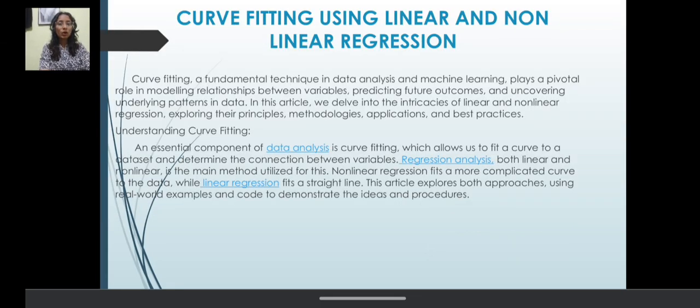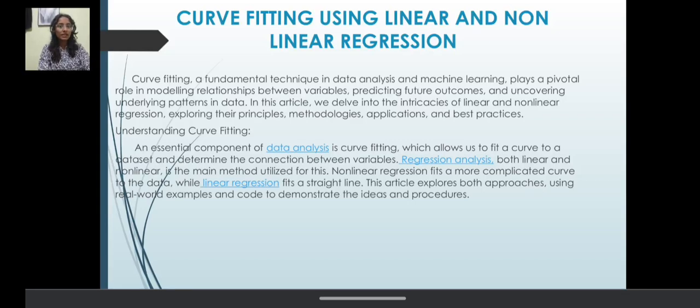And today's topic of the subject is curve fitting using linear and nonlinear regression. Curve fitting, a fundamental technique in data analysis and machine learning, plays a pivotal role in modeling relationships between variables, predicting future outcomes, and uncovering underlying patterns in data. In this article, we delve into the intricacies of linear and nonlinear regression, exploring their principles, methodologies, applications, and best